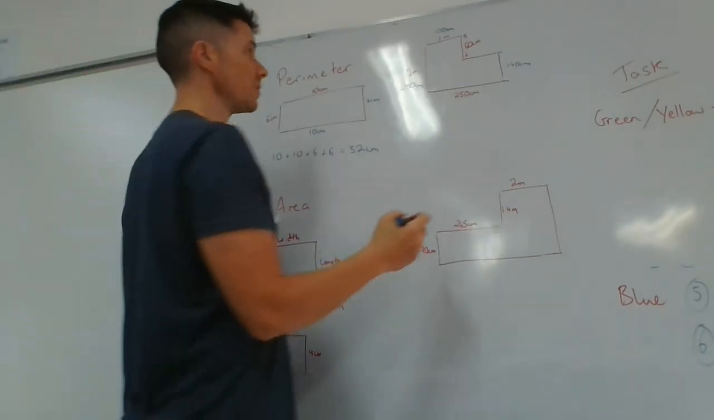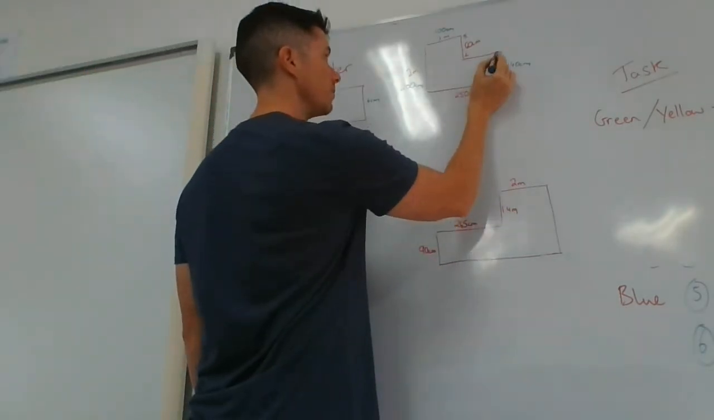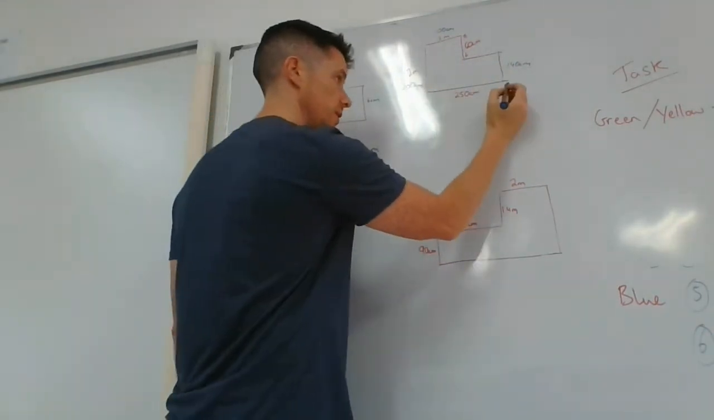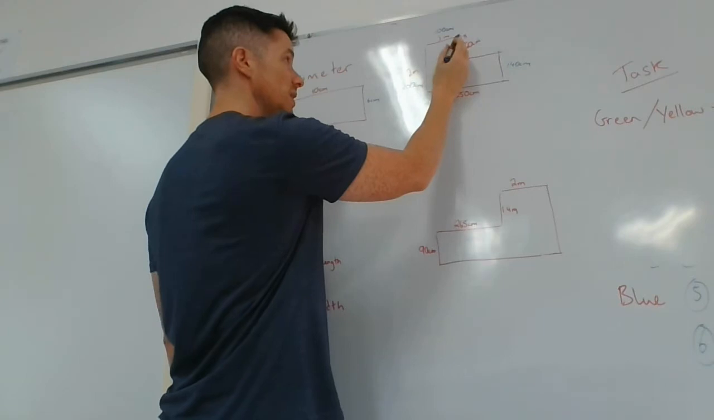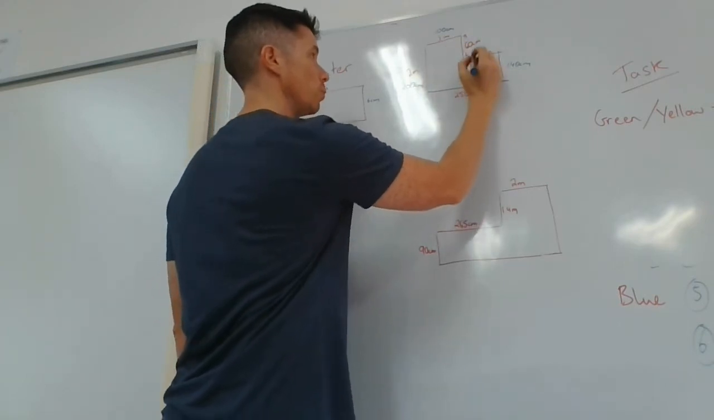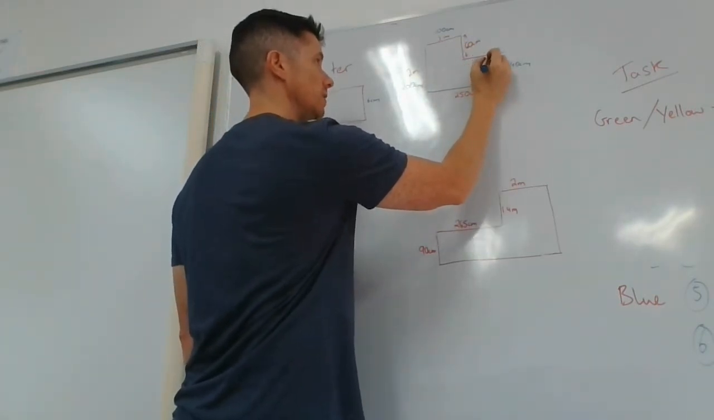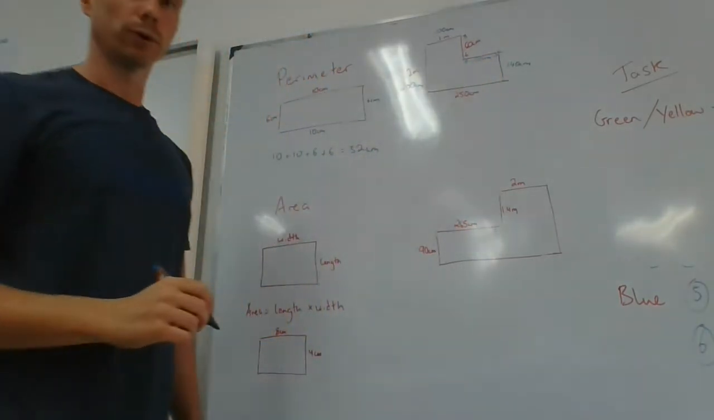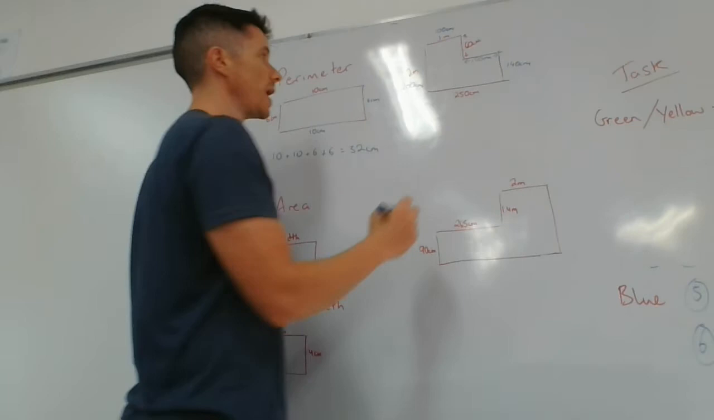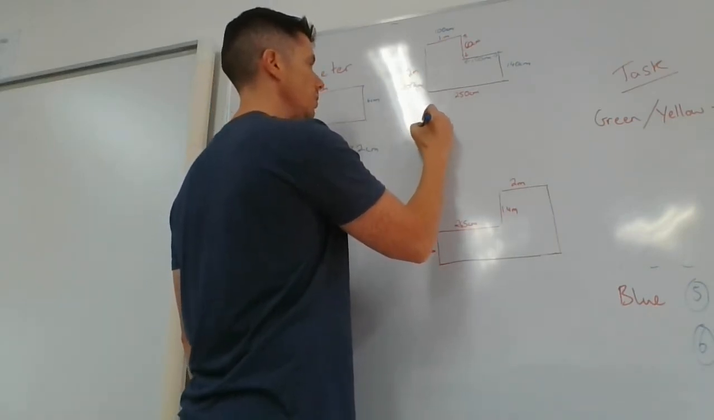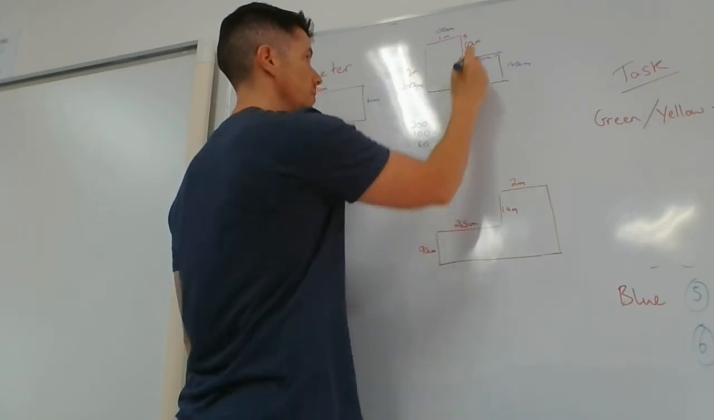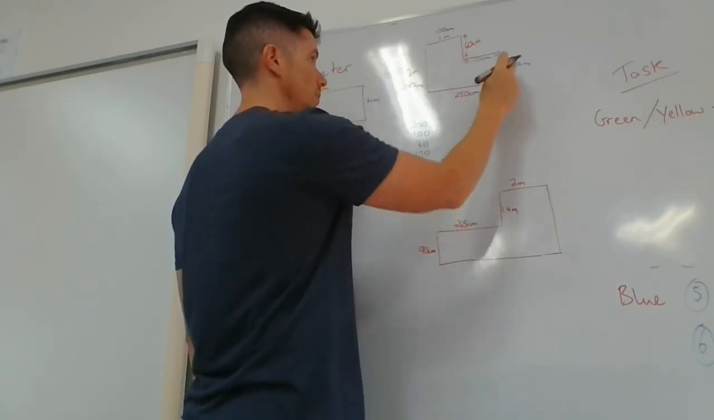I will do the same thing for this length here, from here to here, which is unmarked, but I can find it because I know this total length is 250. Take away this 100, should leave me with 150 centimeters here. Now I have all the missing lengths, so I can add them up. 200, 100, 60, 150, 40,